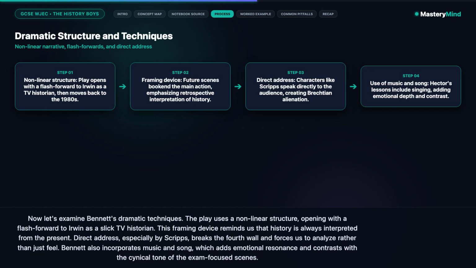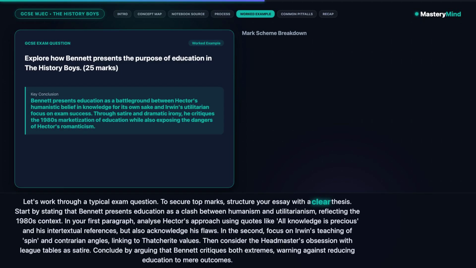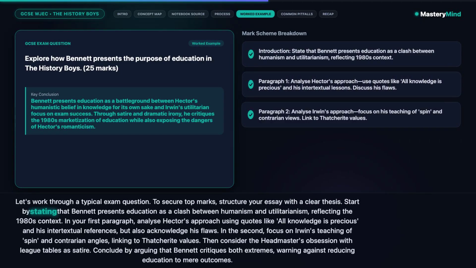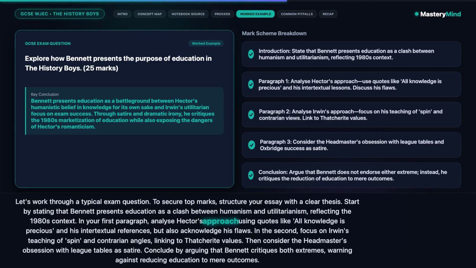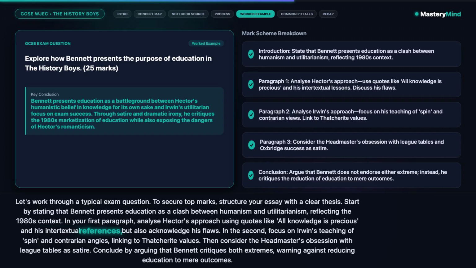Let's work through a typical exam question. To secure top marks, structure your essay with a clear thesis. Start by stating that Bennett presents education as a clash between humanism and utilitarianism, reflecting the 1980s context. In your first paragraph, analyse Hector's approach using quotes like "all knowledge is precious" and his intertextual references, but also